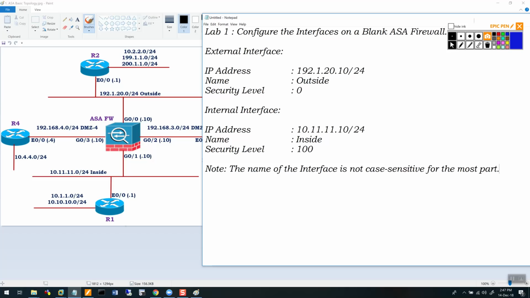There is a certain command that does require the name of the interface to be case sensitive. We'll talk about that as we go through the series. But for right now, just remember, for the most part, the name of the interface is not case sensitive. All right. Although it is not case sensitive,